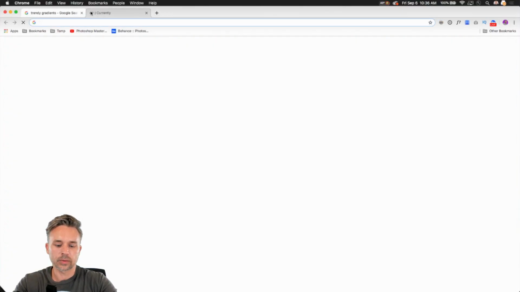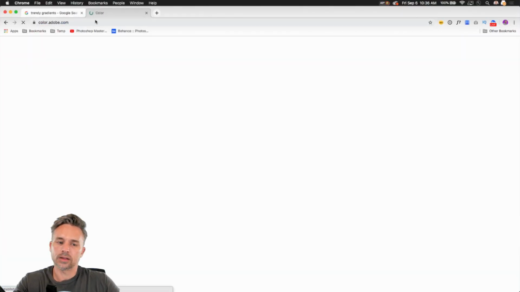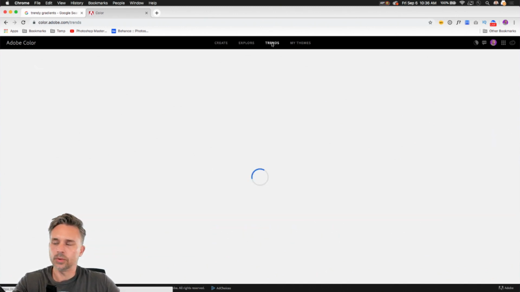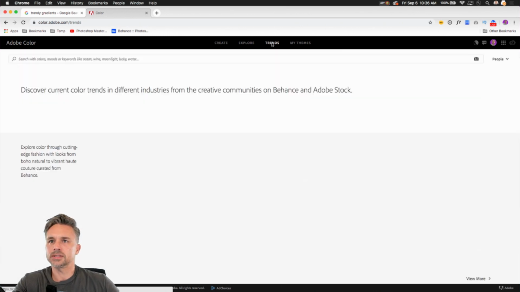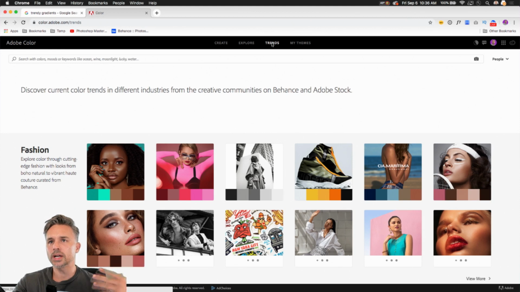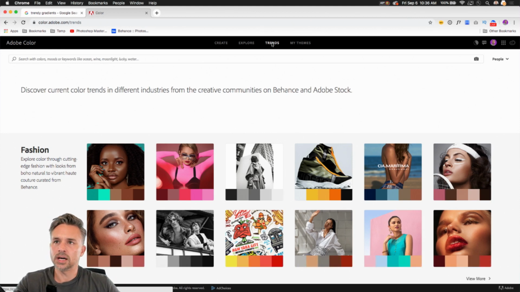So we could search out there. We could also try our own color.adobe.com, just so you know. Right in here, you could see colors. In fact, I'll go into trends. So this is color.adobe.com. Yes, isn't it cool, kind of capturing these colors on mobile, which is just super fun